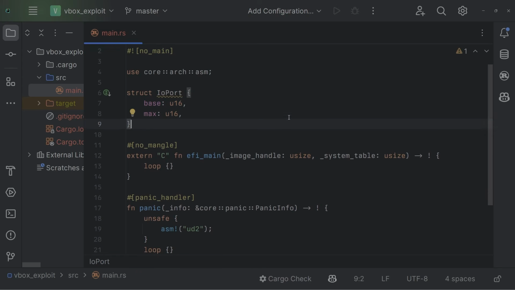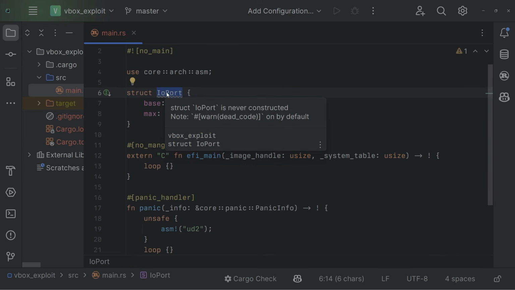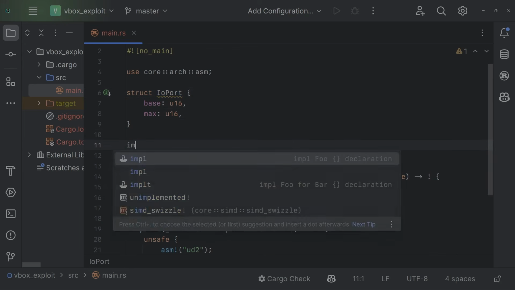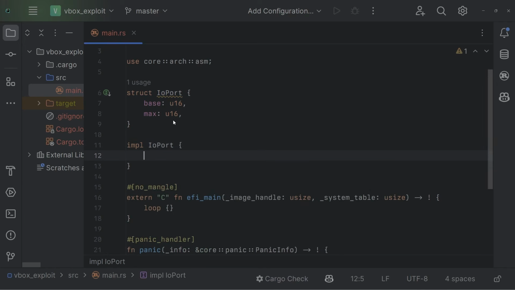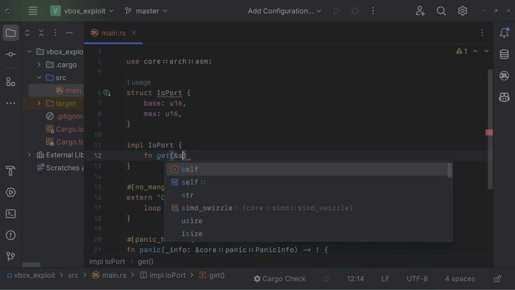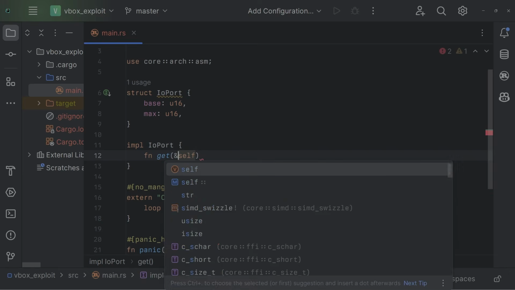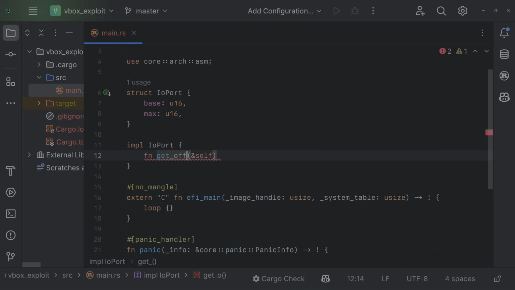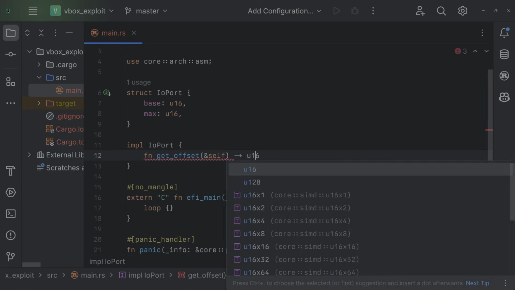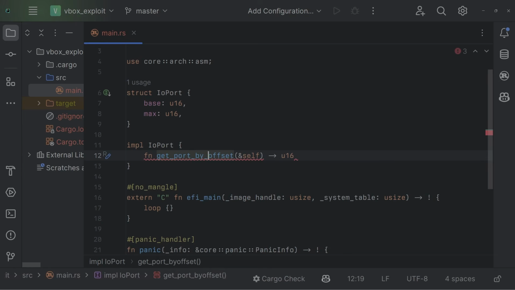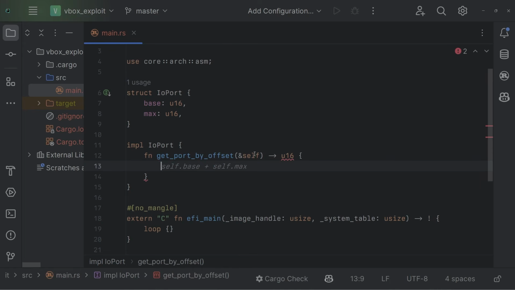And then let's do an impl on this, where I have a get function on self, get port by offset on self, where it returns a U16. It also takes an offset, which is a U16, and it does something like